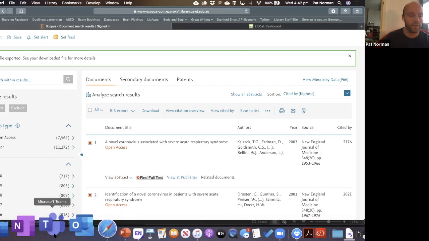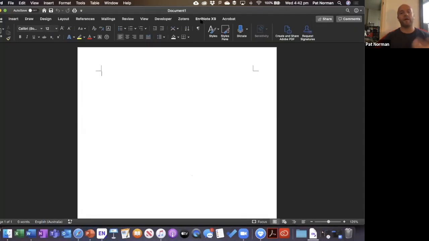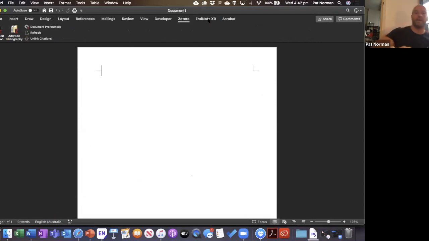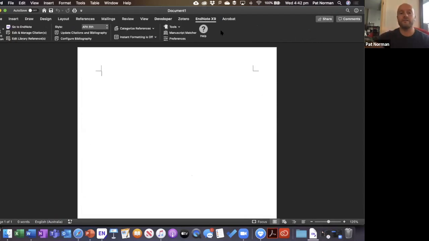So what I'm going to do is jump back over to Word, and I'm hoping that, oh, great. Okay, so there's a Terra thing that is annoyingly there. But what you'll find in your Word now is you've got this EndNote X9 menu. So if you, on your computers, open up Word and create a blank document, you see the EndNote X9 menu here. Now, if I type a sentence,